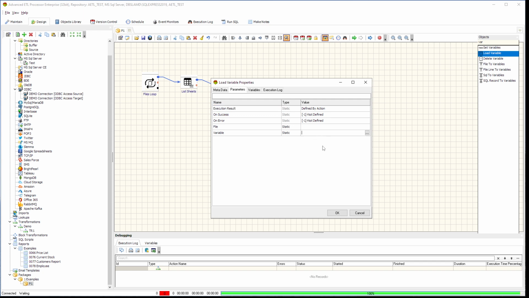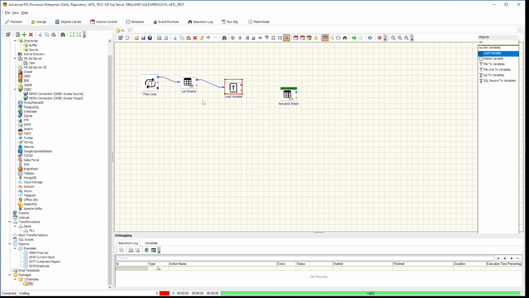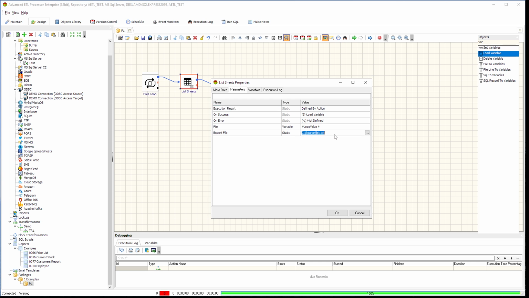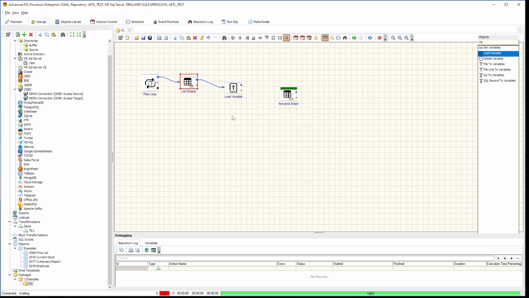So it will be, let's call it, copy the file name, in the file,